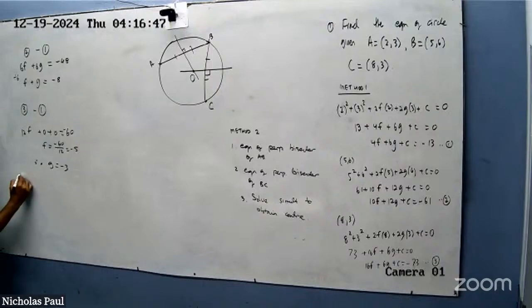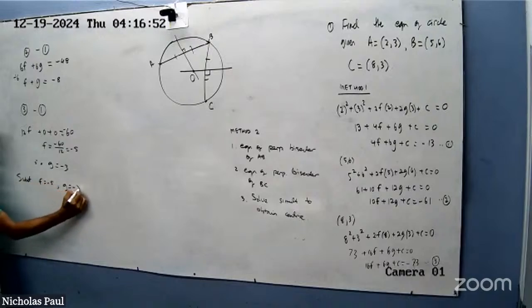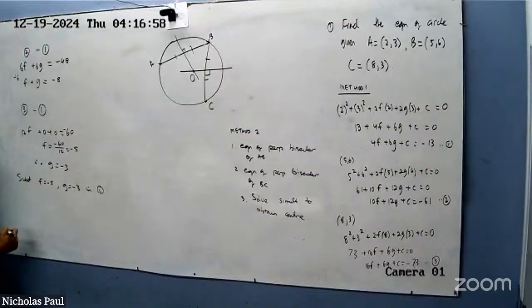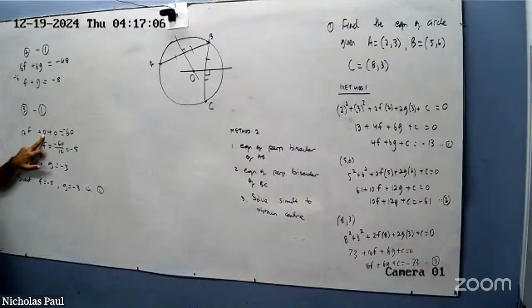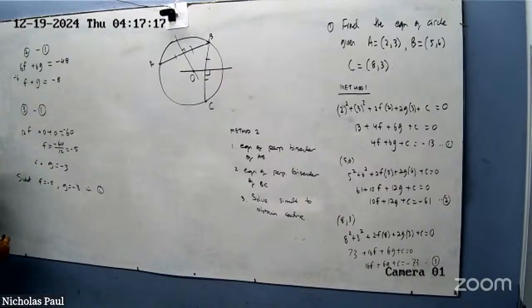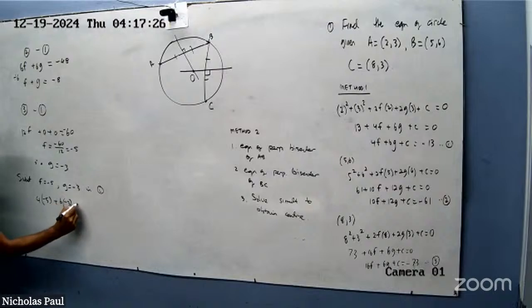Last one is c. So I'm going to substitute f is equal to minus 5 and g is equal to minus 3 in equation 1. I didn't see that 6g, that worked out real nice. If it had a value here in terms of g, you'd just be solving these two simultaneously. This one just worked out real nice. That's way easy. So that'll be 4 by minus 5 plus 6 by minus 3 plus c is equal